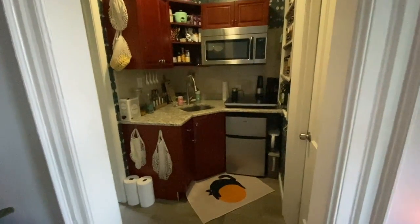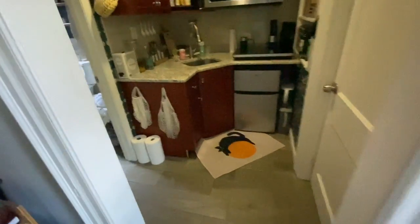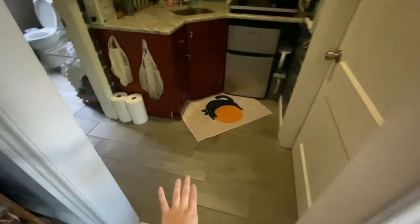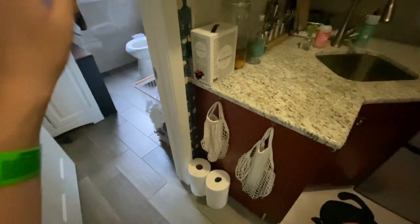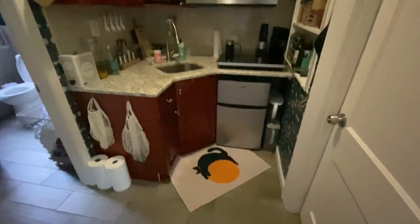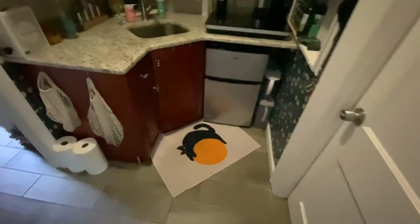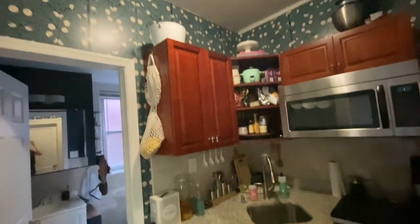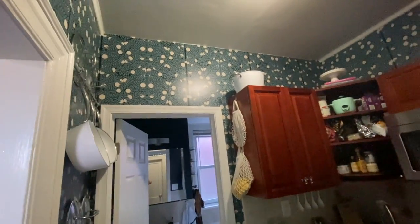All right, and that's it. So as you can see, this is my living area, and then that is my bathroom. Typically I put these in here, but I guess I didn't. I'm going to keep this door open because I like that window. That's what I was describing to you guys. I have a window over here, and then I have a window over here, but this is the first room you walk into, and it's pretty dark. So this is my front door, and as you walk in, the first thing that people typically notice is the